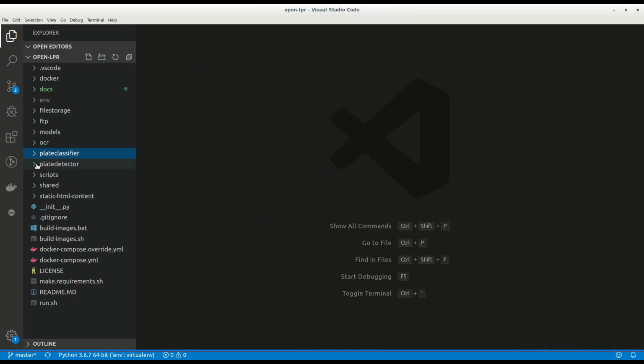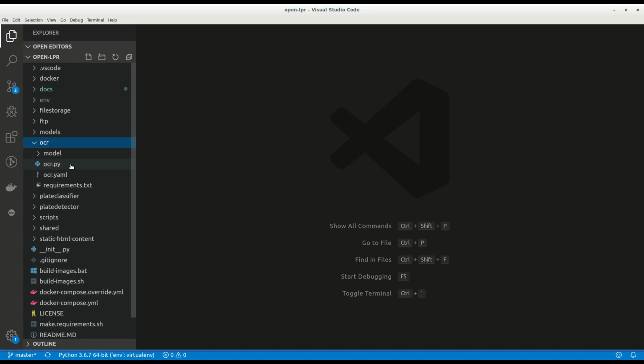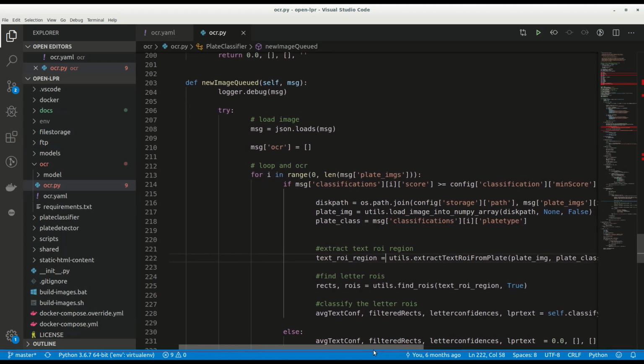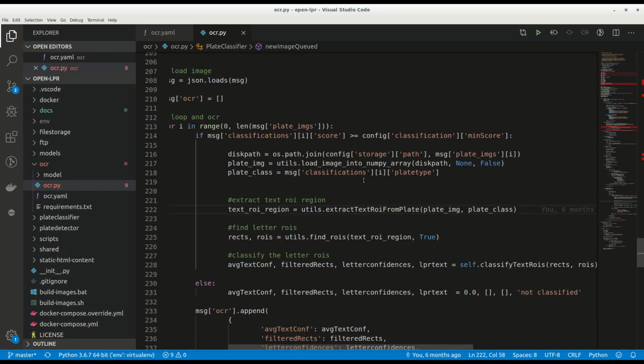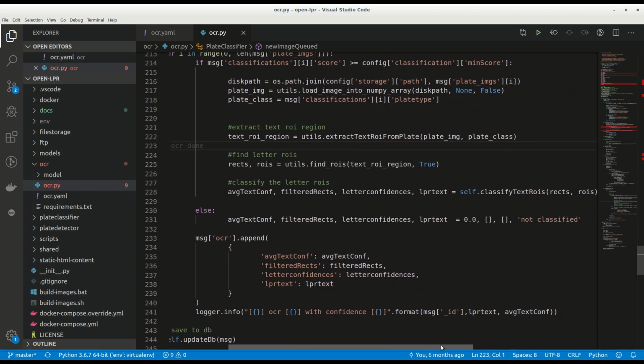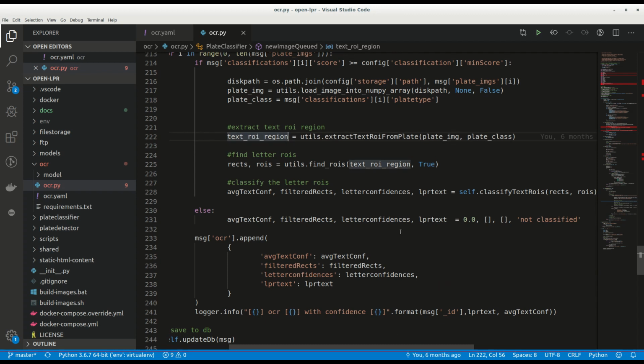In the next phase of processing, the OCR kicks in. Whenever a new image is queued, we try to retrieve the associated classification for this region where a number plate is supposed to be present. If we do find a classification for this region, we try to process it further. Otherwise, we mark this potential candidate as not classified because we could not understand what kind of number plate it was. So if we do have a classification, we then try to figure out where the text could be given